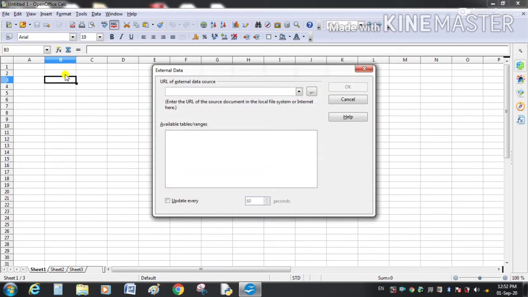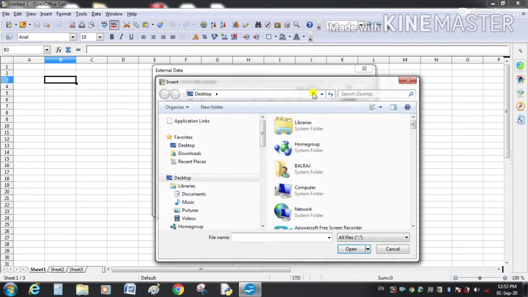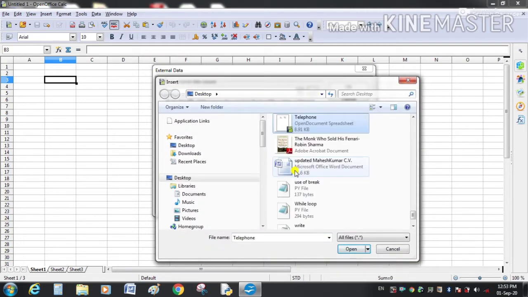Click here. From this window, you can select your database from this drop down. If your database is not reflecting here, then click on the Browse button and from the desktop select the file telephone. Open it.